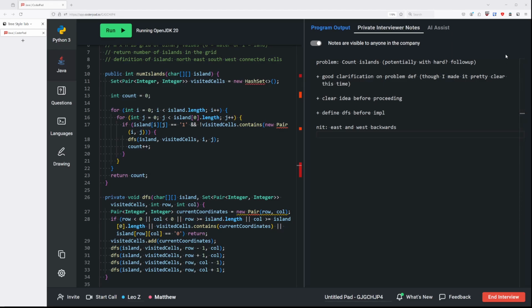Let's go through the time and space complexity for your implementation. Okay, so in terms of time complexity, in the main function, numIslands, we're visiting each cell once. And then in DFS, I want to make a statement here. I'm not 100% sure if it's correct, but each cell will be visited at most